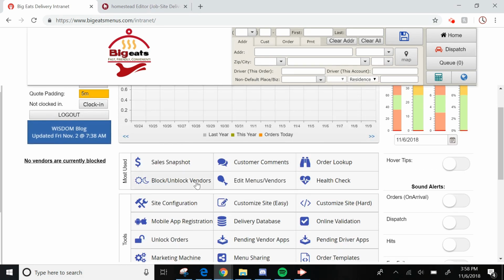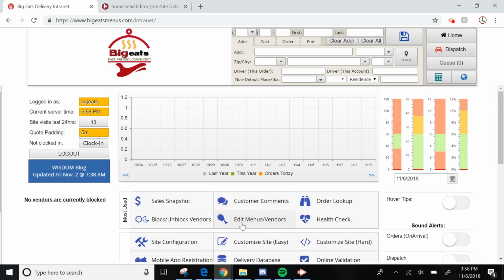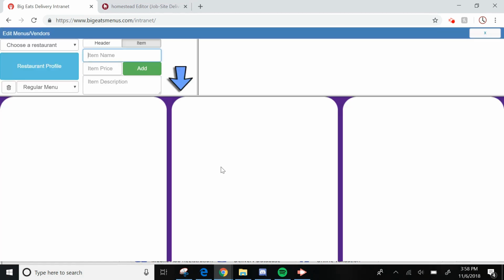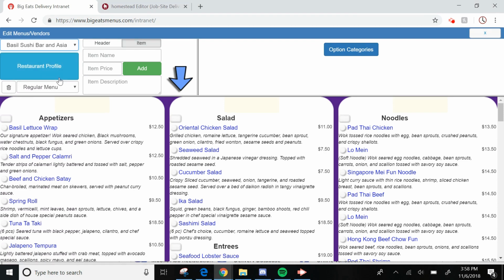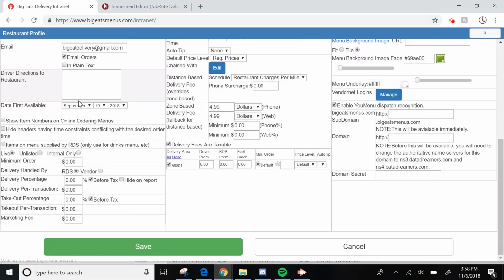So essentially how that's going to work, if you open up your edit menus and vendors section of your software and select a restaurant by going to choose a restaurant and then just selecting any restaurant. If you click on restaurant profile, at the bottom on the left hand side, there is a button that says unlisted. So this is the button that we are going to be using. We're not going to click it just yet, but we are going to leave this page open for whenever we are ready to make it